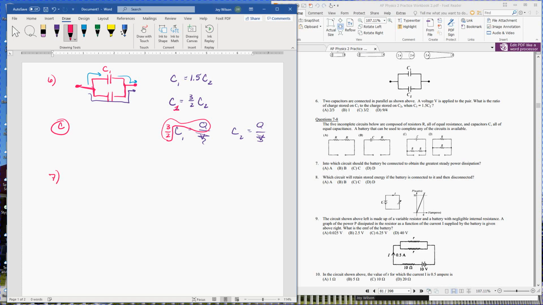Number 7. What happens here? A battery that can be used to complete any circuit is available. So we have a battery. It says, into which circuit should the battery be connected to obtain the greatest steady power dissipation? Okay, so we want steady,